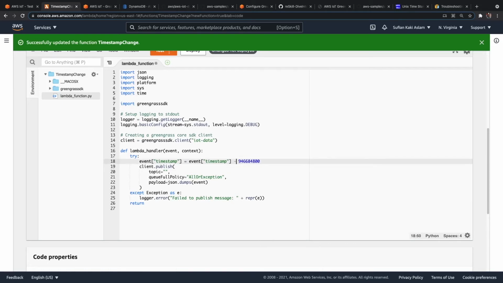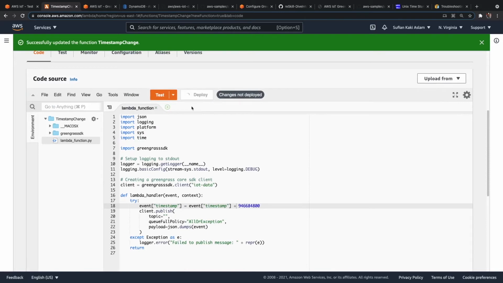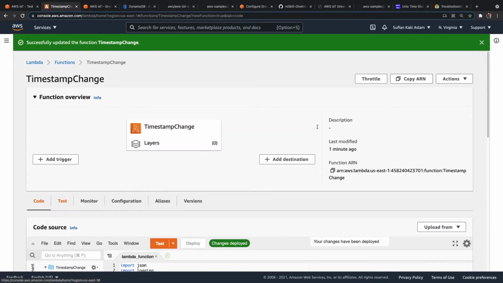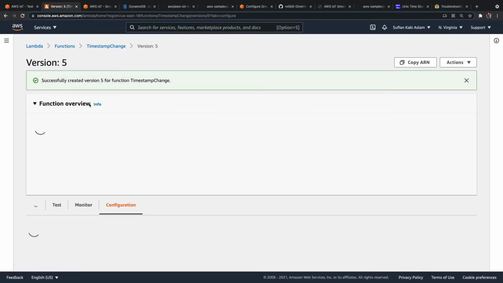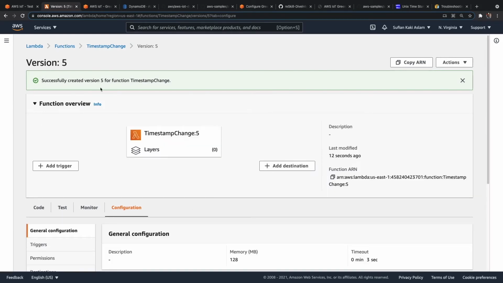So I'll just do minus here. No, 1970. So I need to add it. So save it, deploy it, and we can publish this now. So when we publish this, just click on publish, and then this has created this as version 5.